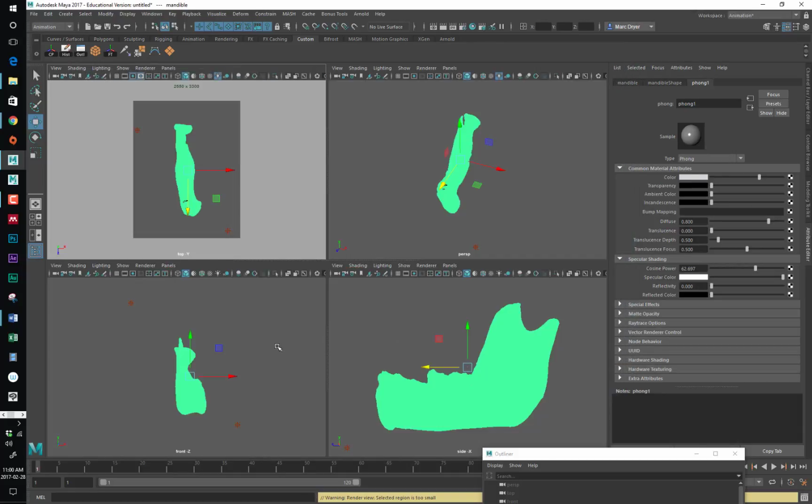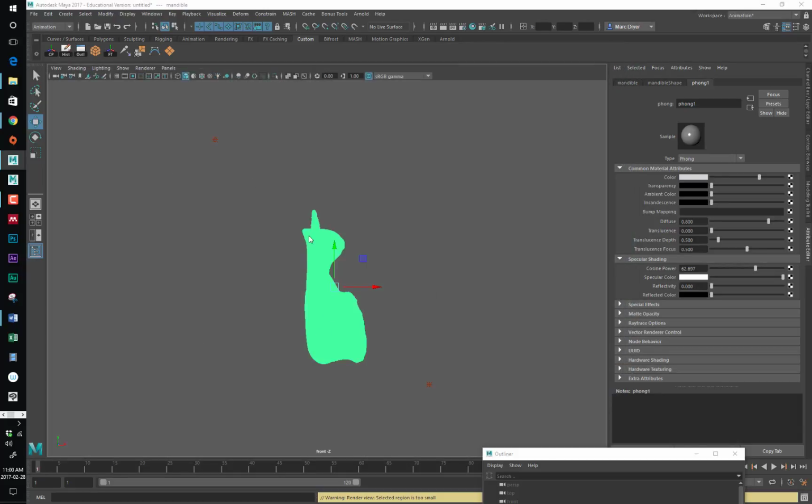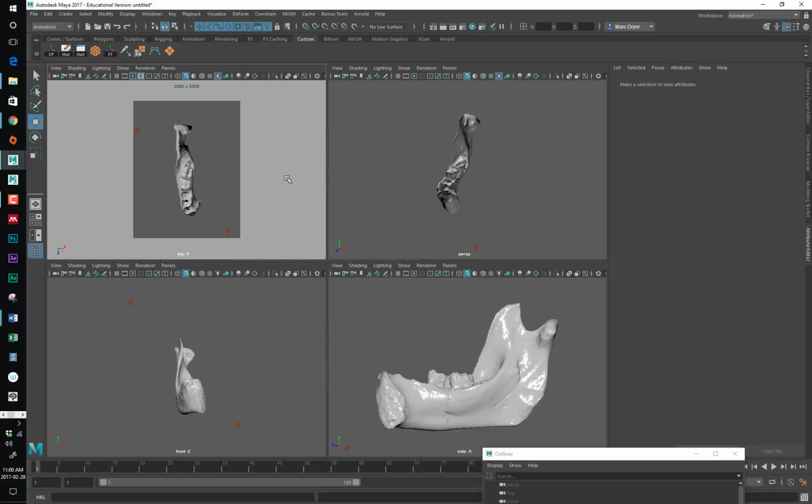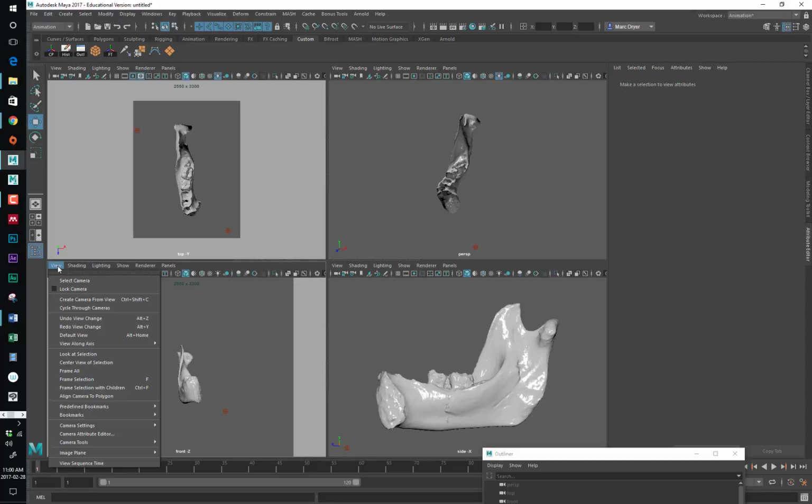So if we want to render out different views of this, we can do it in two different ways. One way is sort of simpler conceptually, but takes a little more work, I guess. And that is to render from these different cameras. So if we want to render a front view now, we can turn on the resolution gate again, go to View, Camera Settings,